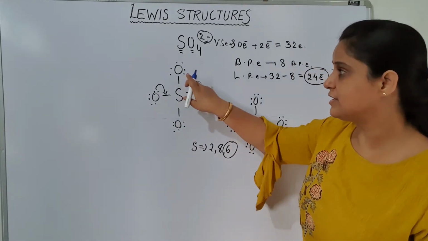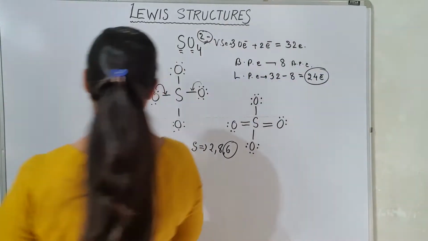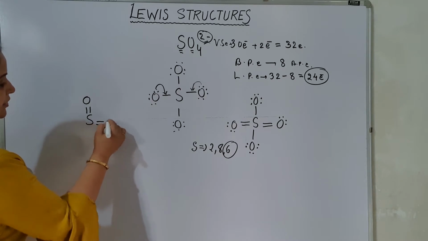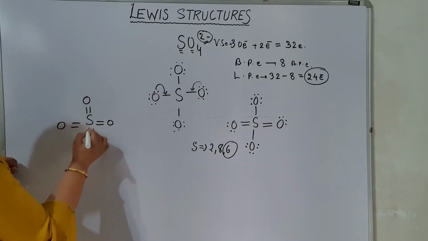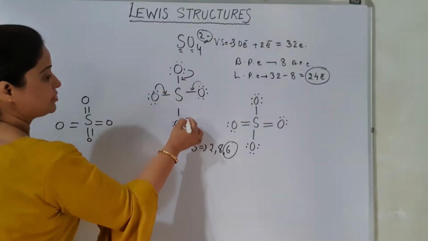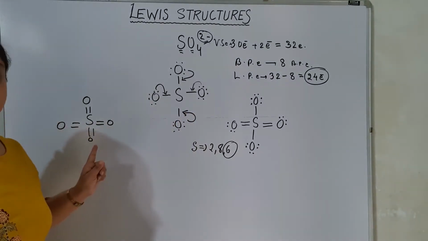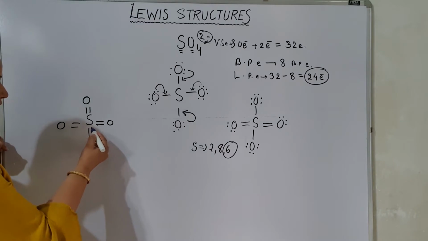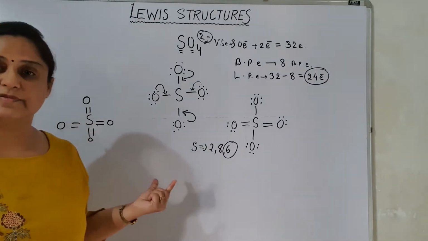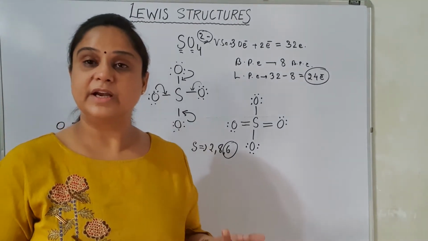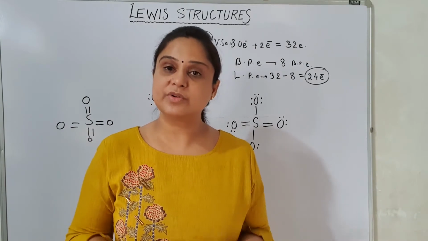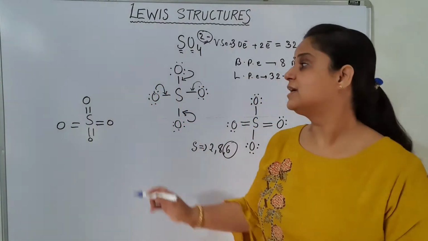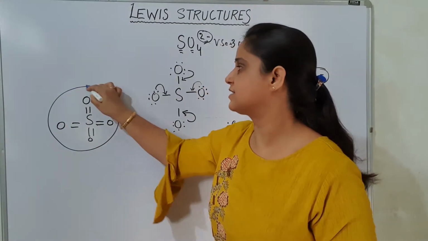If I am shifting these 2 electrons also here, I am showing you what I am trying to say. Sulfur, oxygen, oxygen and oxygen. If I shift these electrons also towards this, between this sulfur and oxygen, then what will happen? 1, 2, 3, 4, 5, 6, 7, 8. In this structure, sulfur is using its 8 electrons. But sulfur does not have 8 electrons now. How is it possible for the sulfur to use 8 electrons? That is why we don't predict this structure even.